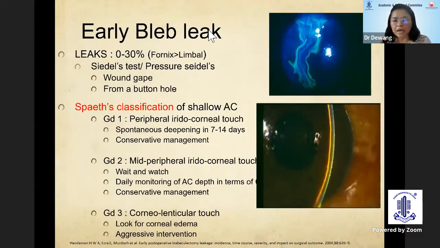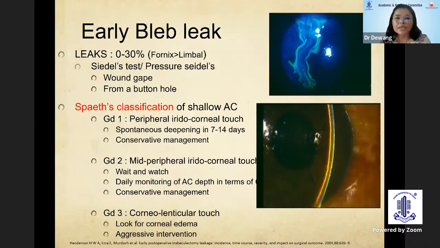Early bleb leaks are not uncommon. The incidence ranges between 0 to 30%, more so with the fornix-based flaps versus the limbal-based flaps. We always have to do a Seidel's test or a pressure Seidel's to look for a leak, to note the wound gape or any buttonholing. And we should also know the risk factors for these